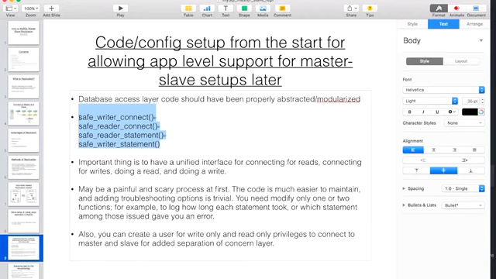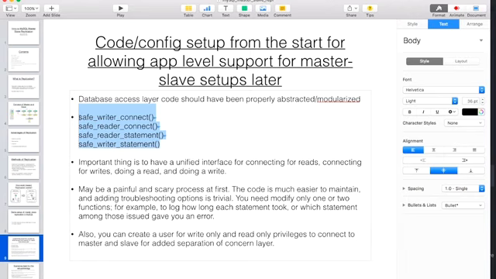This process may be a little painful and scary at first, but the code will be much easier to maintain going forward. And any issues which you would like to debug into can be, like if you want to benchmark something, or if you want to see what is an error in something, so these two functions give you a very differentiated view, so you can log queries across these two functions, and you can localize the errors and